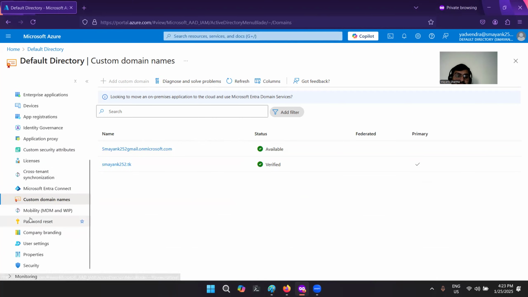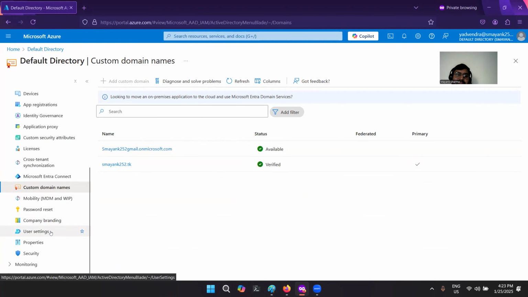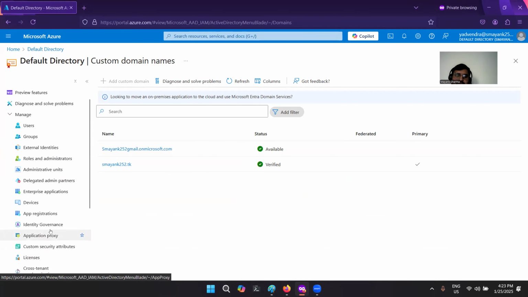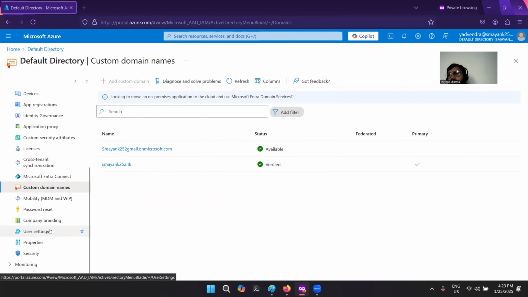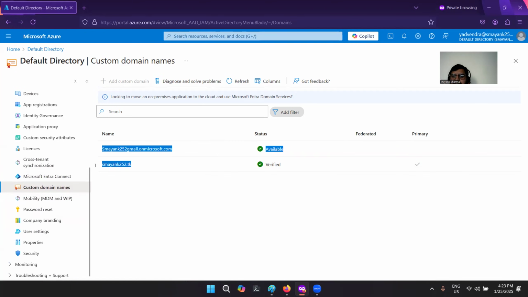But to do all of these things, first of all, you have to purchase a license from Microsoft. Because for a free trial or a free version, Microsoft allows us to create users and manage users, so you can give permissions. But to create things like your own domain name, you need a license. Whenever I'm trying to log in from my account, there is a banner of the organization in the backend.